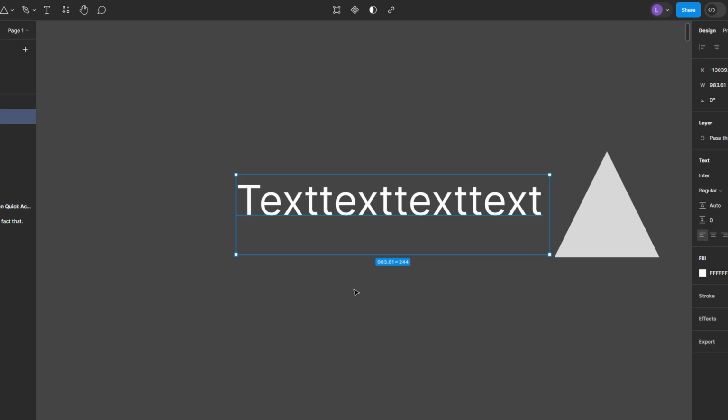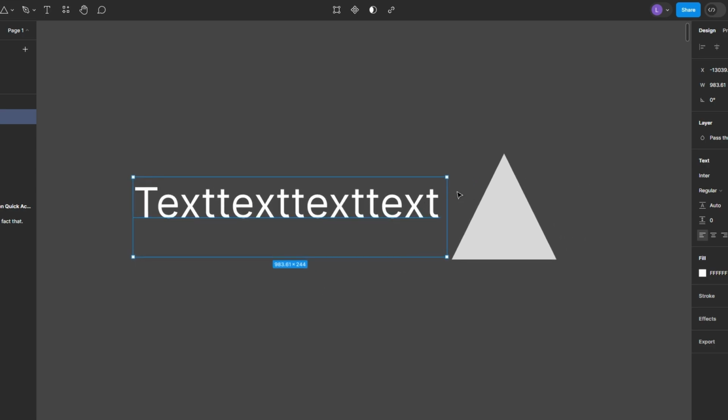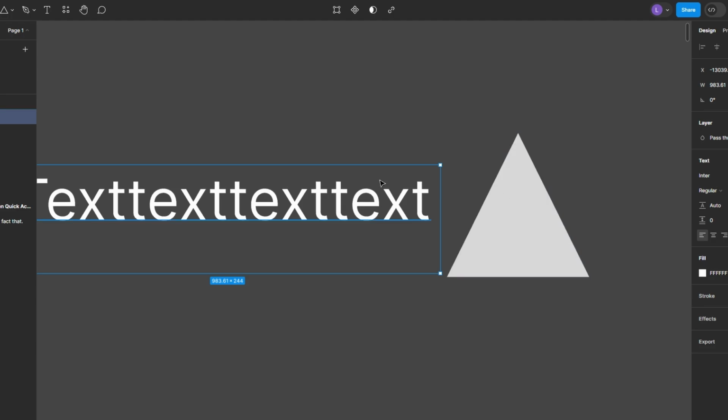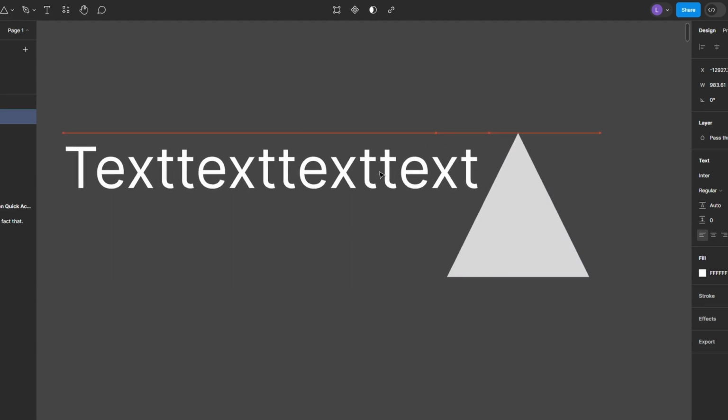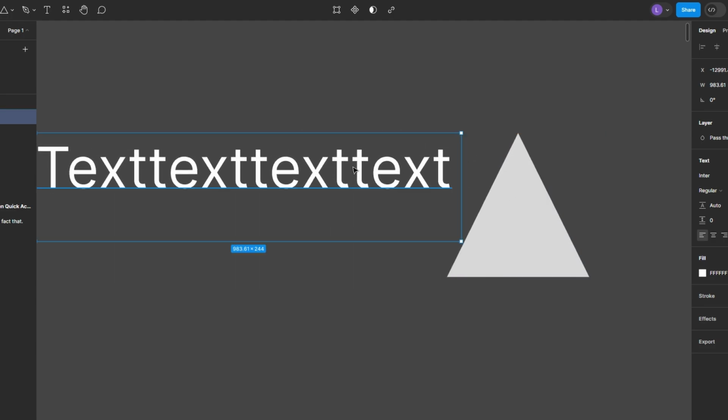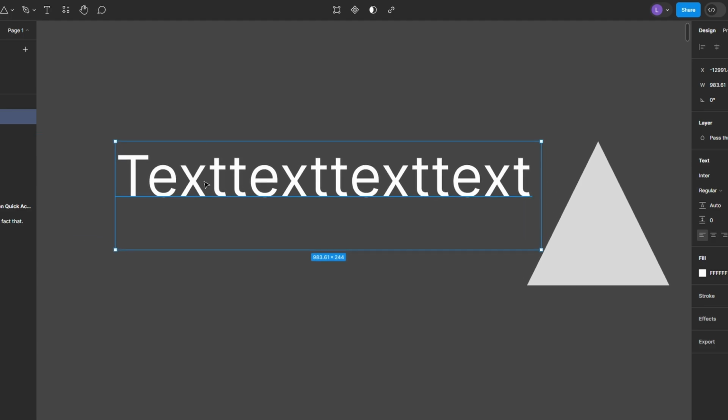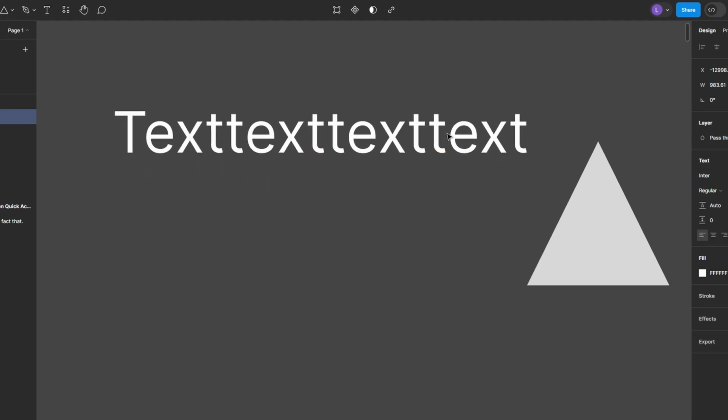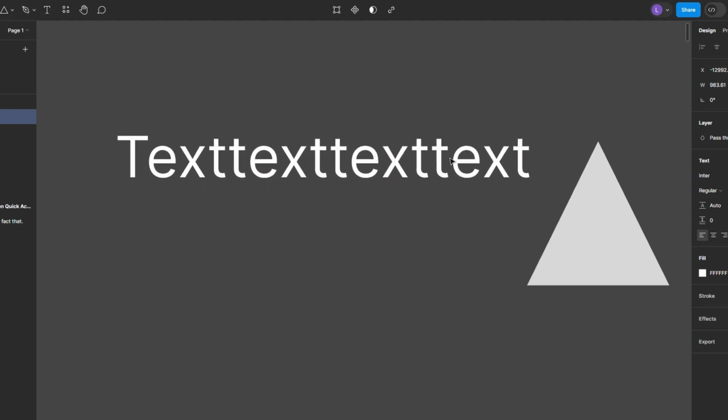In today's video I'm going to show you how to use vertical trim to adjust the bounding box of your text, allowing for more precise elements. When you select text in Figma, you will notice a box around it. This bounding box often extends above and below the actual characters in your text. When aligning other elements, such as a rectangle, they will snap to the bottom or to the top of this bounding